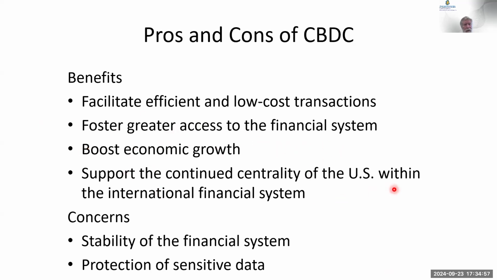boost economic growth. And one of the things is moving money between international organizations might be a lot easier with a central bank, particularly if the government of the United States is going to move money to some other country's government. They do that occasionally. It might be a lot easier if they all used a digital currency. Of course, they're always concerned about stability. We looked at the stability of Bitcoin, which varies widely. No, if they had a digital currency, it would be tied to the paper dollar, and it would only vary as the paper dollar value varied.